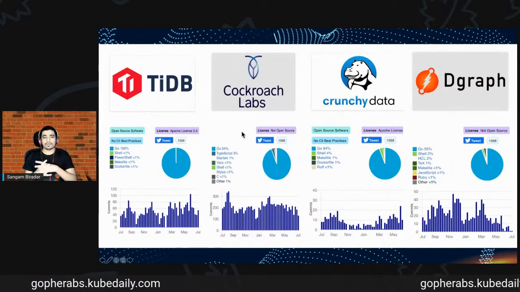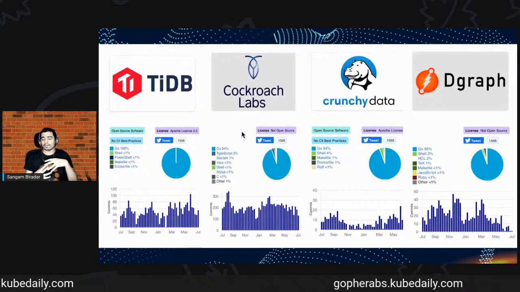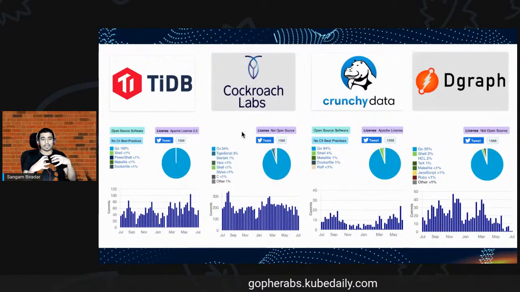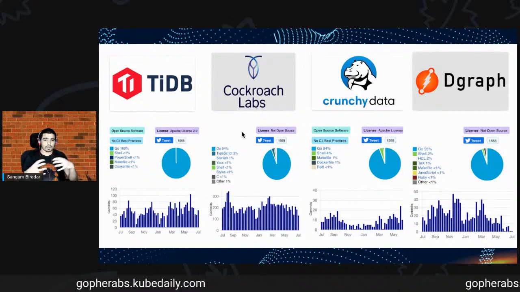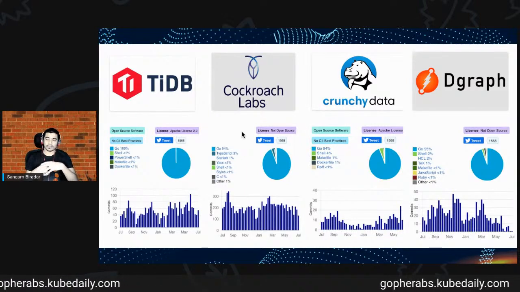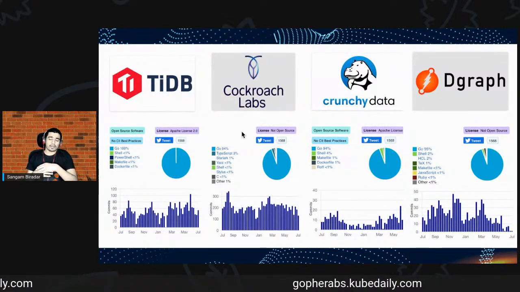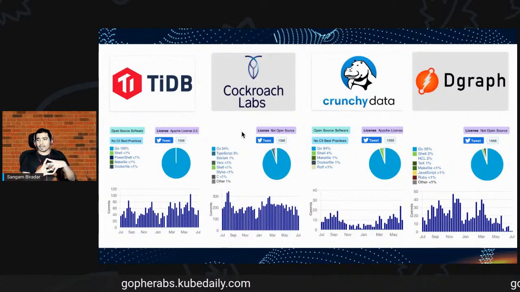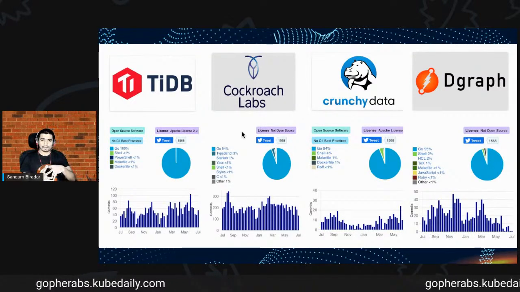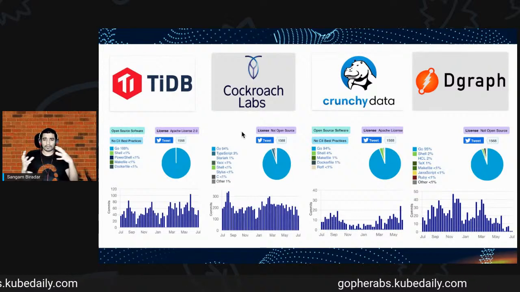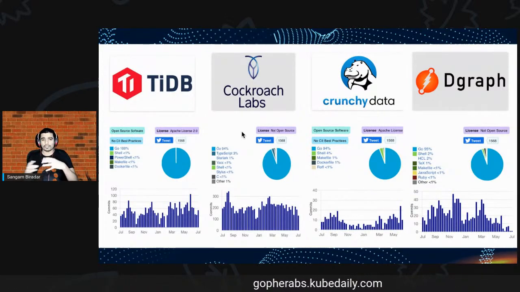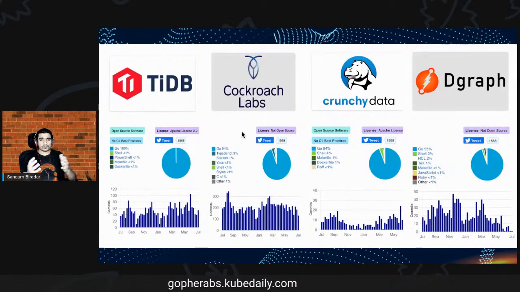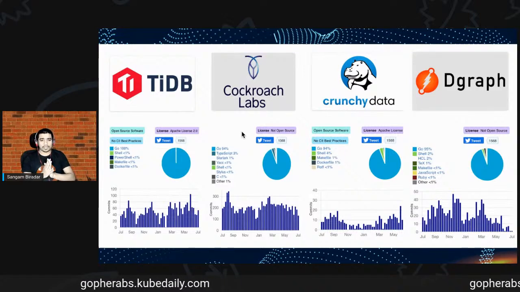Another successful one is Cockroach Labs' CockroachDB, which is extensive, easy to scale, and robust. Check it out. They have a very good library in Golang if you want to integrate. Another, my favorite, is Dgraph. A lot of people are using Dgraph, with amazing engineers there, and you can also check out Crunchy Data.